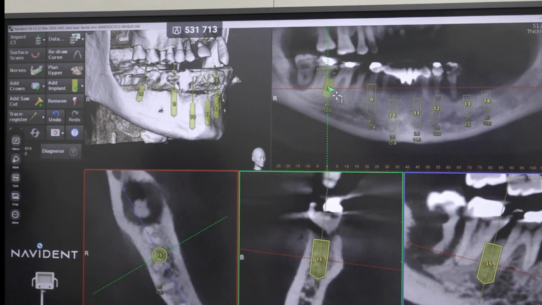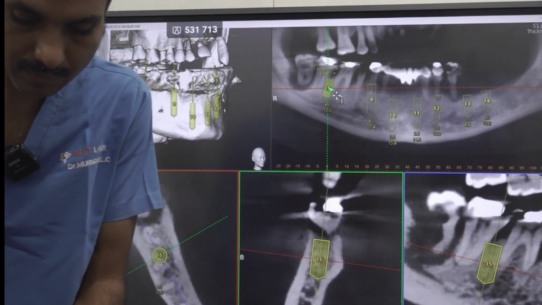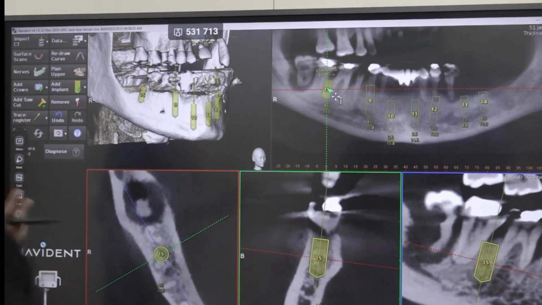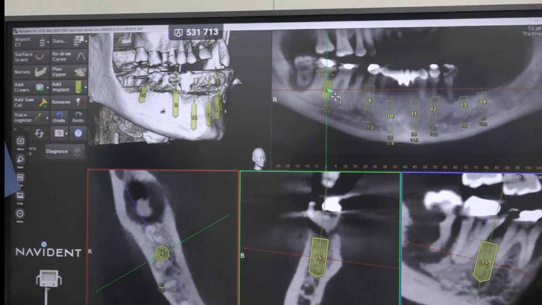So this is 5.5. Previously you saw one base, that is 3.6. This is quite wide. It will get support from the entire socket wall. If the socket wall is very wide like premolar or upper palatal, this is a very beautiful implant to get 360 degree